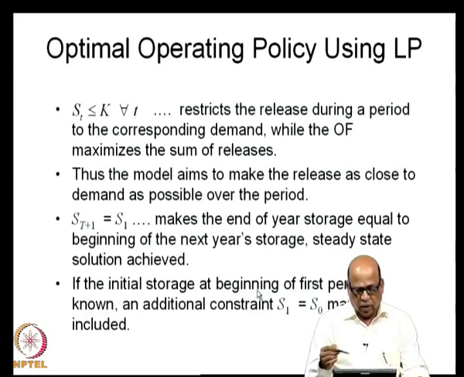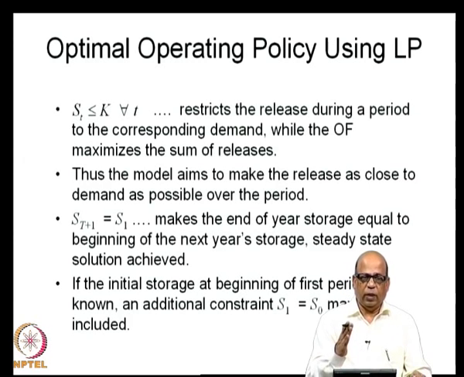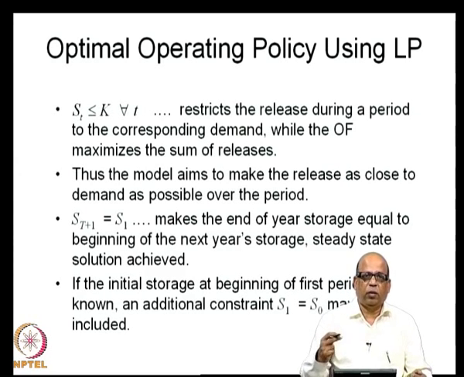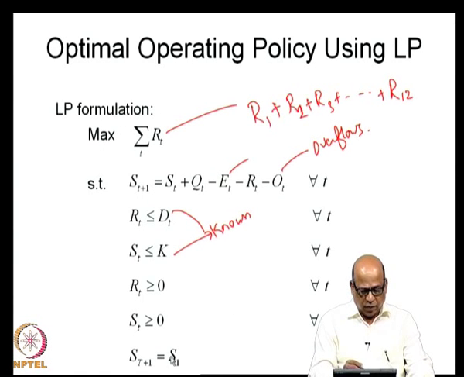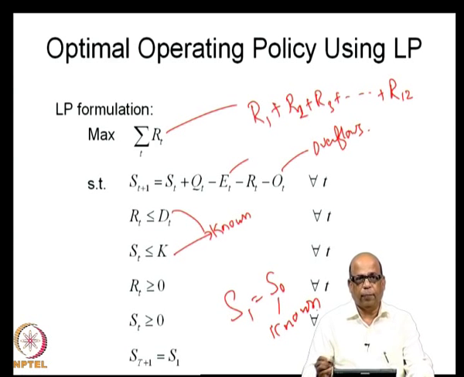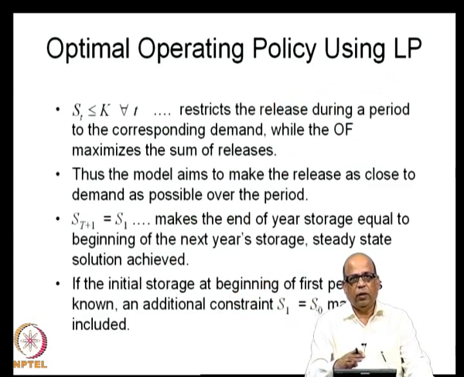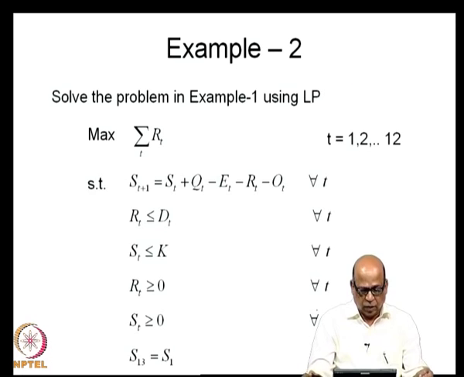Now, all of this I have told earlier already. So, typically we may start with a given storage at the beginning of the time period. That is, you specify, like we did in the standard operating policy, that the capacity is 350, but my initial storage is only 200 or my initial storage is only 100. Then you start building the operating policy. In which case, what do we do? We add an additional constraint here saying S1 is equal to 200, or S1 is equal to some S naught known value. We can put this condition. There are lots of variants possible on this. We will just understand the simplest form first and then see what else we can do over that.